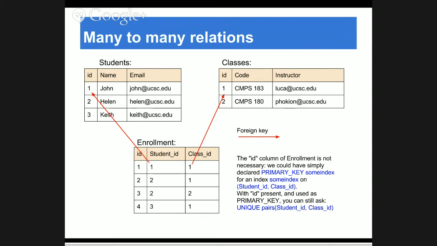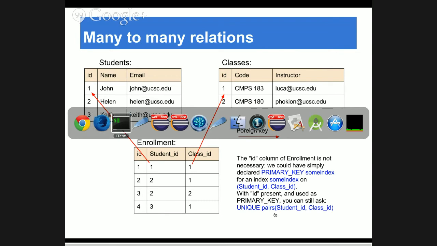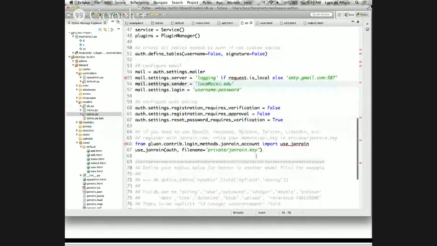This is a good way to represent, for example, when many students belong to a single major. Or, for example, when I have a blog on which people can comment, and I can have many comments that refer to the same blog post. Every comment will contain the ID of the blog post to which it refers. So now I want to design that. Actually, maybe let me first design the tables for a blog in Web2Py.